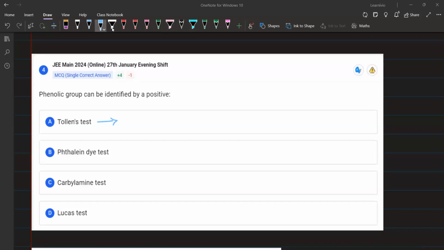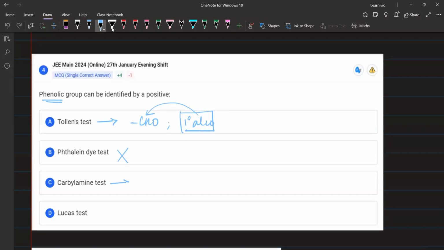These are the 2 tests that we have read in aldehydes, ketones and carboxylic acids. It is used for the identification of the CHO group, right? So either you have a CHO group, or if you have any 1 degree alcohol, that is also going to give you the Tollens test, because a 1 degree alcohol can be oxidized to CHO. Okay. But phenol is not an alcohol, it is phenol. You don't know anything about the phthalein dye test. Carbylamine test,